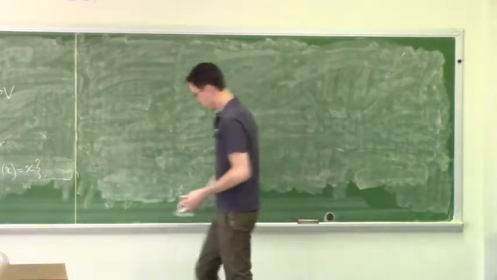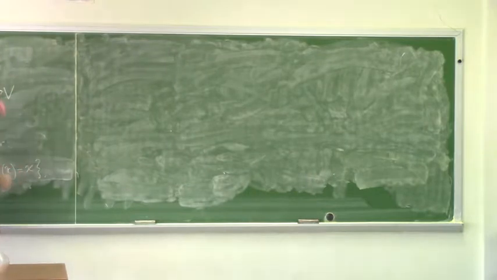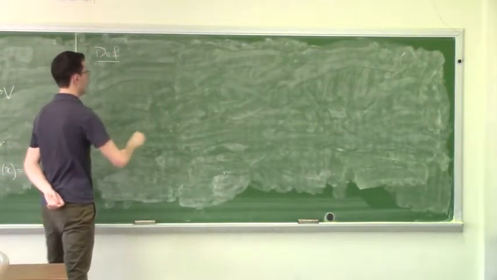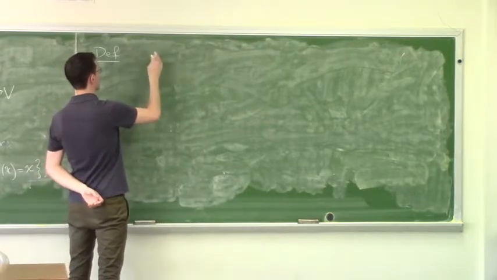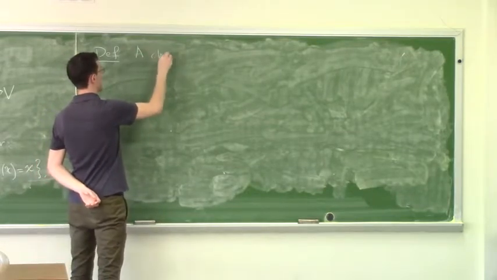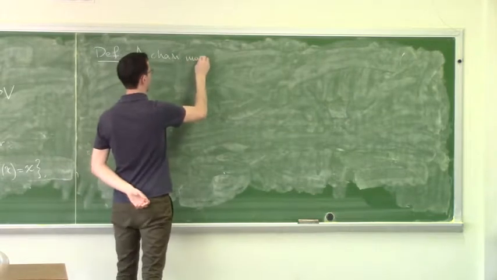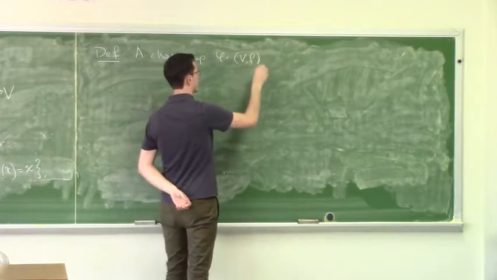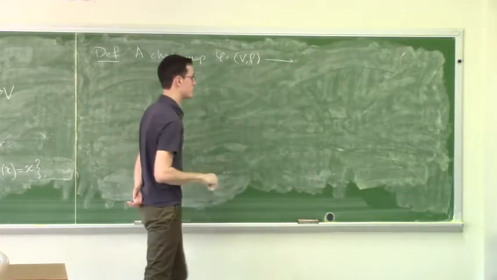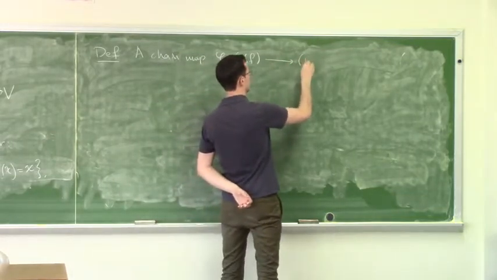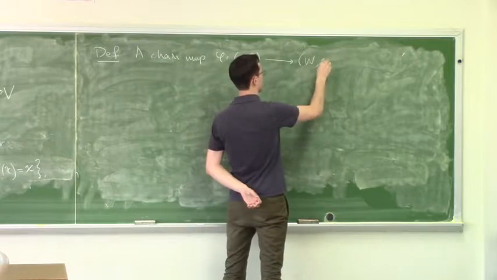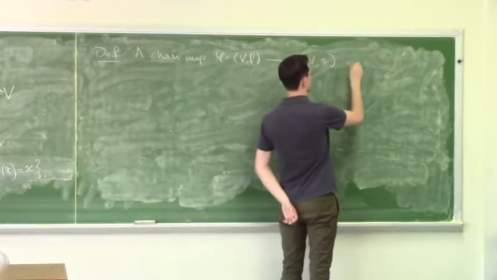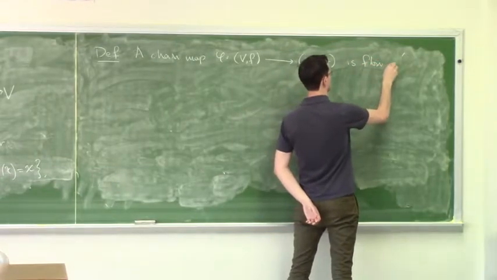But now we need a notion of functoriality for this discrete Morse theory. So let's have a chain map, call it phi, and it goes from a chain complex V, which happens to be equipped with the discrete flow F, to another chain complex W, which is equipped with the discrete flow G. And I'll say that this chain map is flow compatible